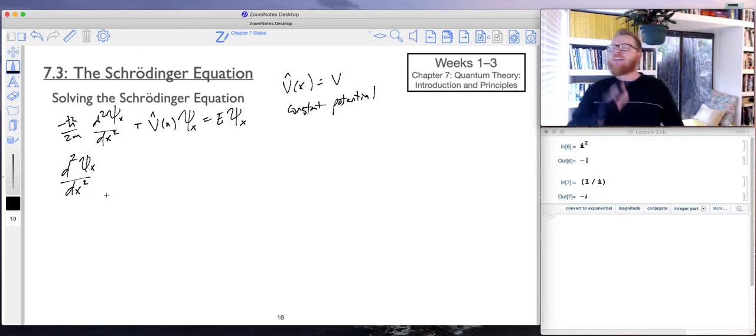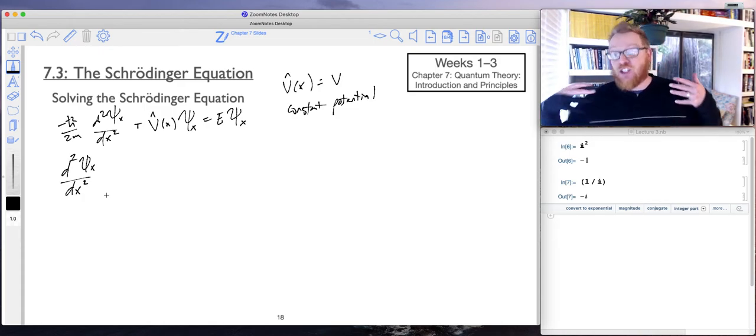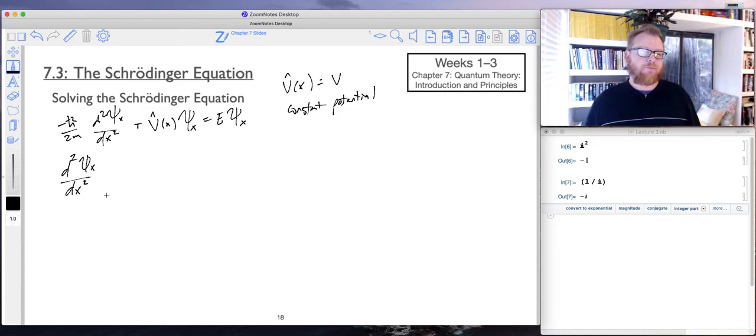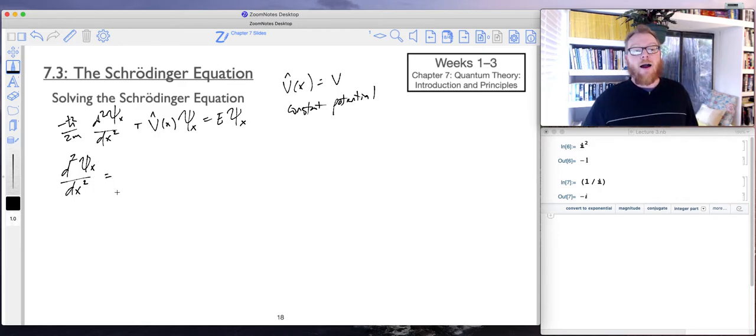So I can't divide out that second derivative. I have to actually do the second derivative, okay? But I can certainly divide out the negative h bar squared divided by 2m because that's just multiplying by a constant, all right? And so I'm going to say that is now equal to, let's see here, I'm going to flip it because if I wanted to isolate that, I can cancel that. Negative 2m over